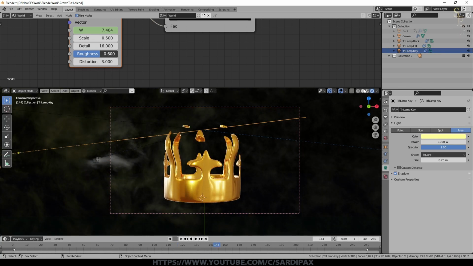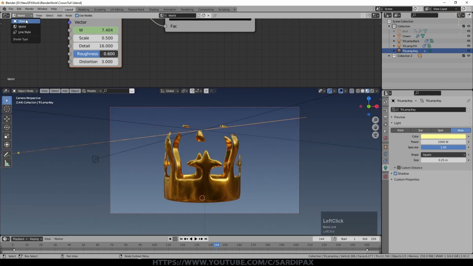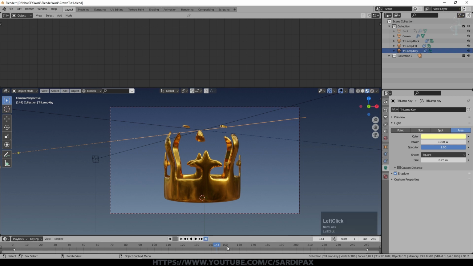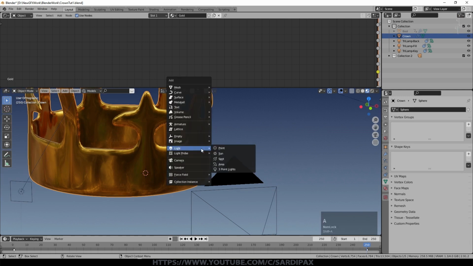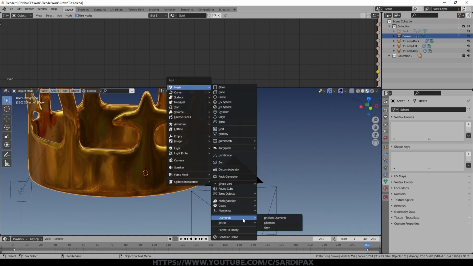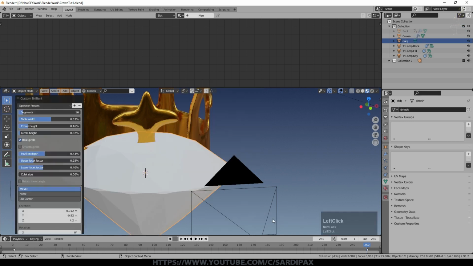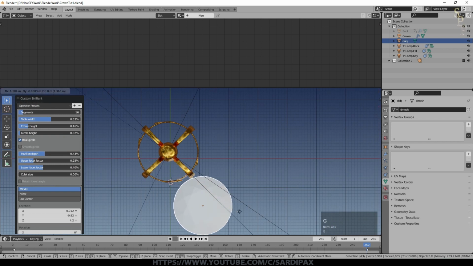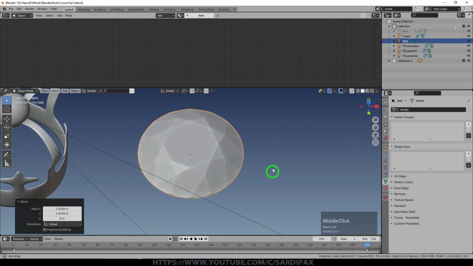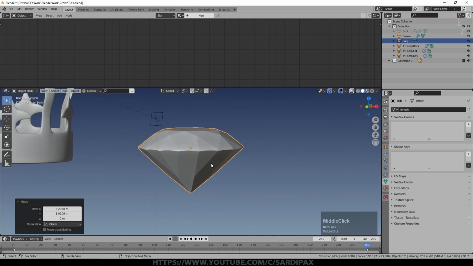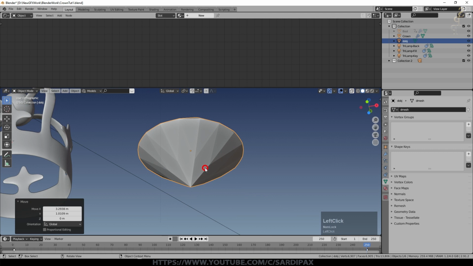So let's talk about the gems. I'm not going to cover this in detail, but I will show you the basics of how I created the gems. So we'll change this back to object. We'll go to the end of the animation where we can see the whole crown, and we'll put our cursor there. So now just add, under mesh, diamonds, and then you can select some different shape objects here. So if we selected brilliant diamond, for example, we get a gem shaped like this. If I turn cavity on, that may make the geometry a little easier to see. So you can leave the back on if you want. I decided to remove that.